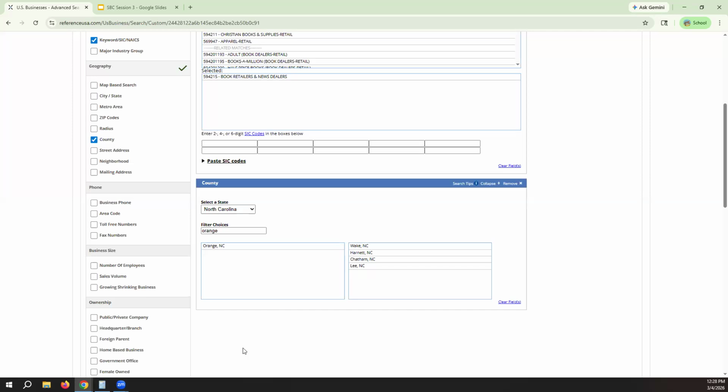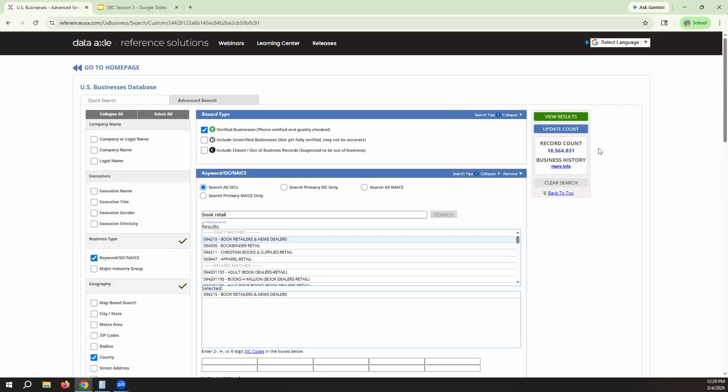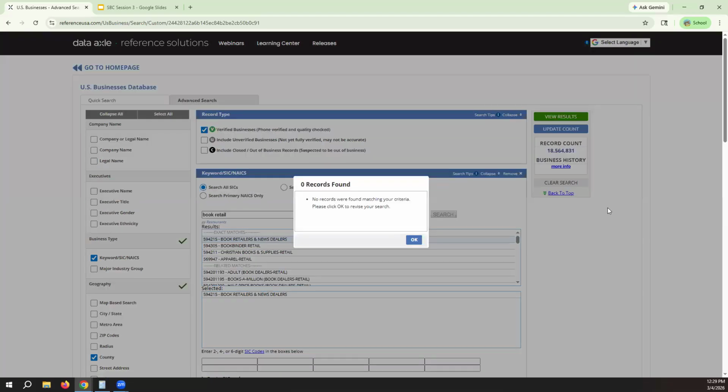And so you're not stuck with the original search, and you can always revise a search. So let's say I wanted to search 5 counties, and then I said, this is a lot. I can go back to the original search, revise it, and then continue to do a little bit more searching based on my new revised search. So now I've got my 4 counties here that I want to search. I'm going to scroll up to the top. And then I'm going to click Update Count just to see what I'm looking at here.